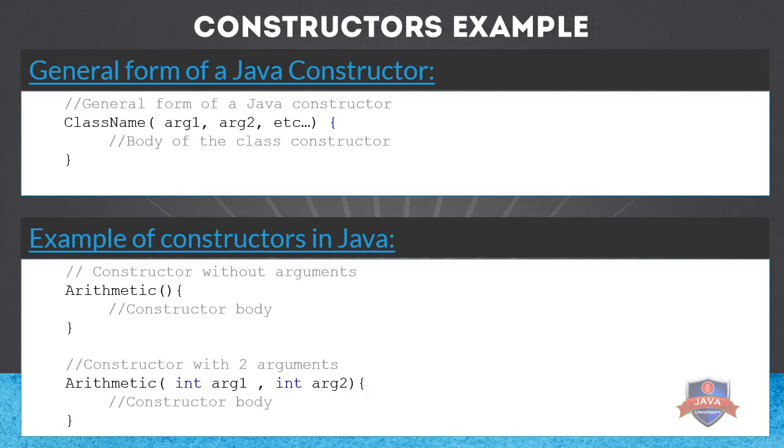In the first case, it's the empty constructor or without arguments. This constructor can optionally have a code when created the object, even if it doesn't receive arguments. Secondly, we have a constructor with 2 arguments, and it receives 2 arguments of type integer. Once we receive the arguments, we will normally use them to initialize our attributes of the class. This is what we will put into practice in the following exercise.